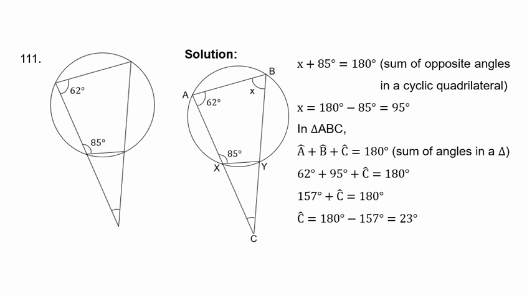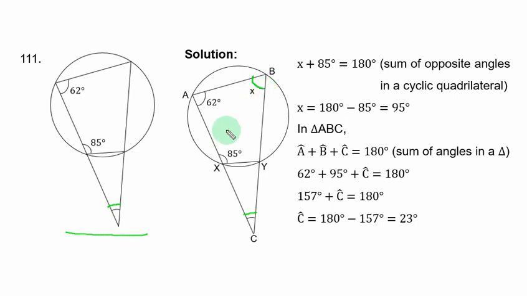Example 111: in the given figure, find this marked angle. Solution: we have the diagram again with some labels A, B, C. It is a triangle, then A, B, S, Y is a cyclic quadrilateral. To find angle C, we need to consider triangle ABC, and in that triangle, this angle marked S is needed,